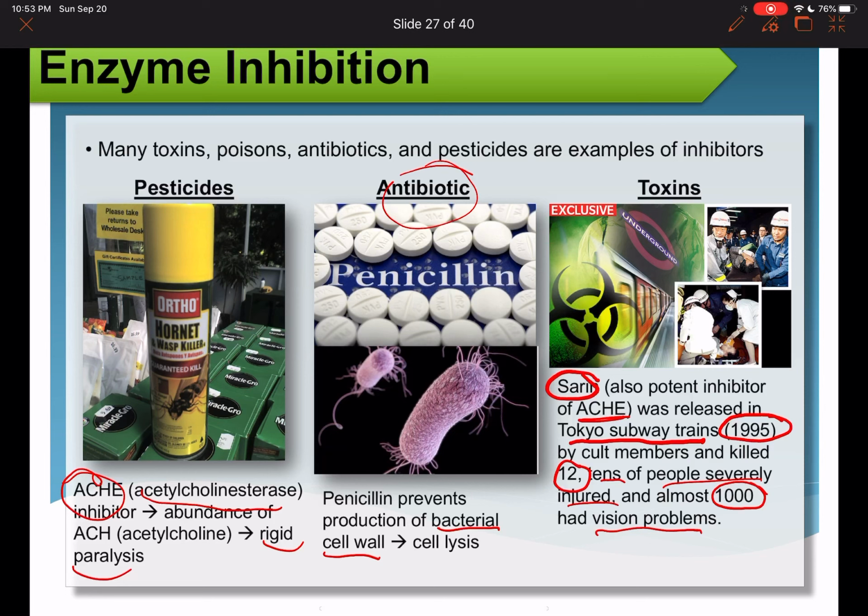Remember, I said a lot of our cellular reactions are not very efficient. They're not very quick. They can be spontaneous, but they may take a long time. So they always require the action of an enzyme. If we block those enzymes from doing their job, a lot of things shut off, and those reactions can be pertinent or important for our survival, so inhibiting that particular enzyme can end up killing us. Okay? All right,